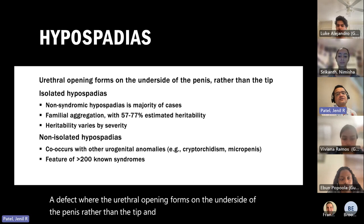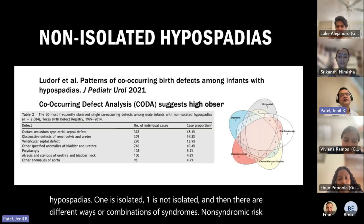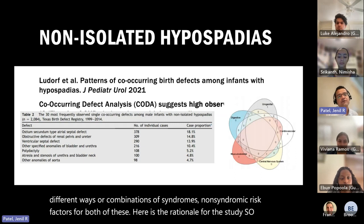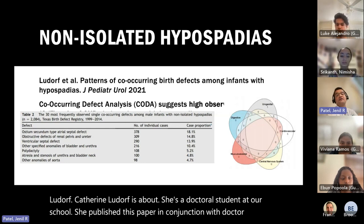And so there can be two types of hypospadias. One is isolated, one is non-isolated. And then there are different ways or combinations of syndromes, non-syndromic risk factors for both of these. Here is the rationale for the study. So Catherine Ludorf, she's a doctoral student at our school. She published this paper in conjunction with Dr. AJ Agopian, where they found,